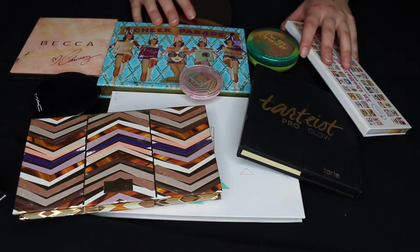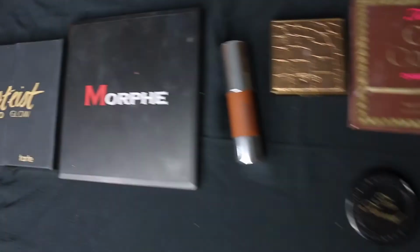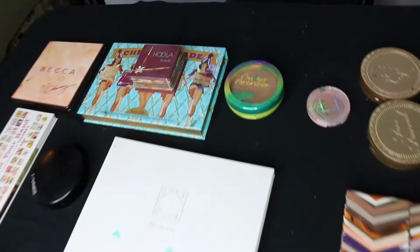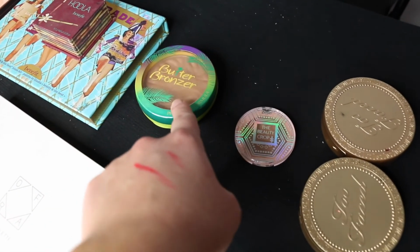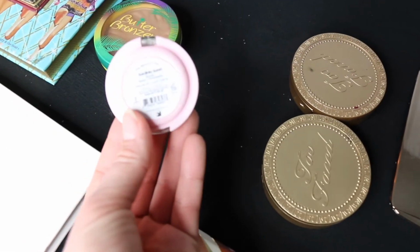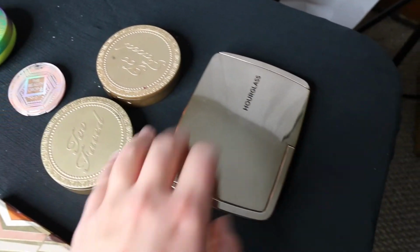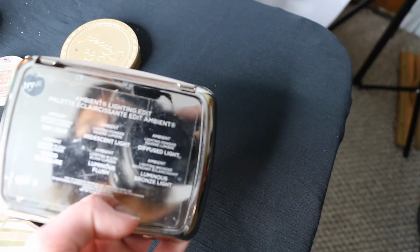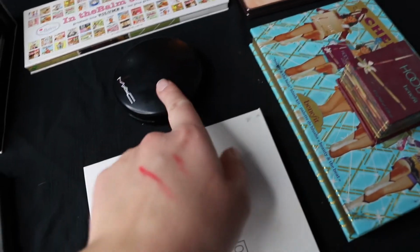For the last thing, I do want to just show you guys how I ranked things. Okay guys, so this is more or less the order in which I ranked the bronzers: my Becca's Malibu Soleil, my Benefit Hoola, my Physicians Formula Butter Bronzer, the Beauty Crop Bronzer in Sardinia Sand, my Too Faced Chocolate Soleil, my Hourglass Luminous Bronze Light, my The Balm Bahama Mama, my MAC Give Me Sun, my Ofra